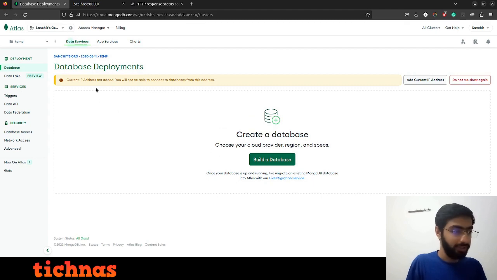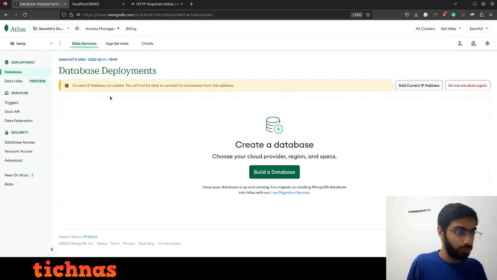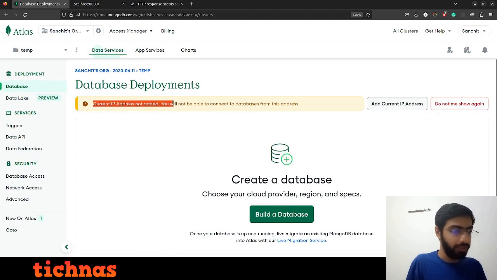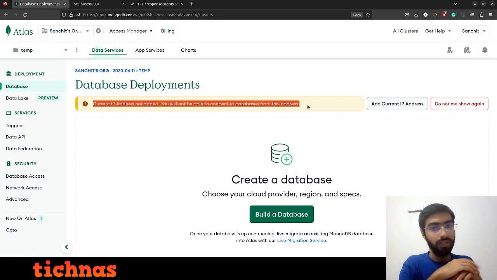Now I mean it's obviously showing a warning. Let me zoom it a little bit. So current IP address not added. You will not be able to connect to databases from this address. So basically what happens is your server actually runs on a single or maybe a few limited set of computers. I mean those computers itself are called servers. So I mean to say your backend runs on a limited set of computers which are known as servers. And for security reasons, you build your database and tell it to accept requests only from these few computers, so that every request goes from your known computer only and there is no hacker which directly tries to interact with